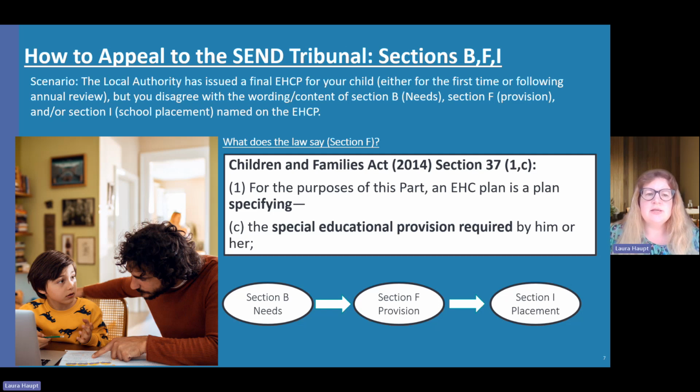And what does the law say about Section F? The Children and Families Act, Section 37(1)(c), says, for the purposes of this part, the EHC plan is a plan specifying the special education provision required by him or her. One of the reasons why these appeals often go hand in hand, they don't always, you can just choose to appeal one section or the other, but one of the reasons why these appeals often happen as a group is because